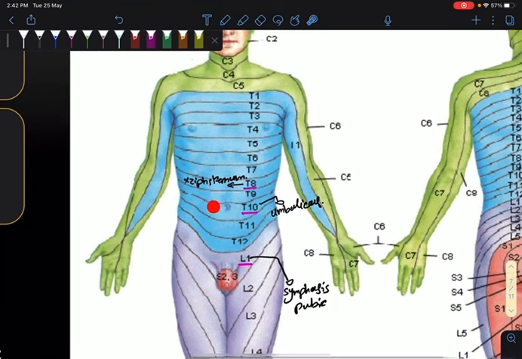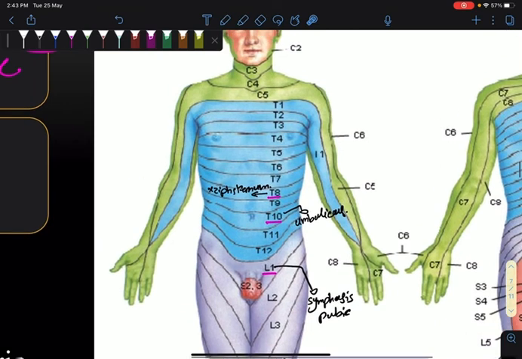Here the umbilical region is innervated by the spinal nerve originated from T10, and the xiphisternum region, a region between the xiphoid process of the sternum and the sternal body,